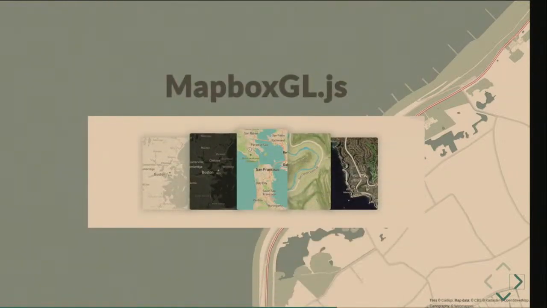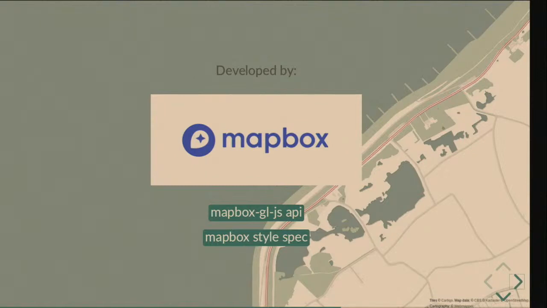Next, Mapbox.gl. Actually, Mapbox.gl is what I use to make the interactive maps with. And it's developed by Mapbox. Mapbox is a commercial company, but they provide all their backend tools as open source. So you can just plug into their API and use their tools as well. But they also have a really commercial front to all their applications.